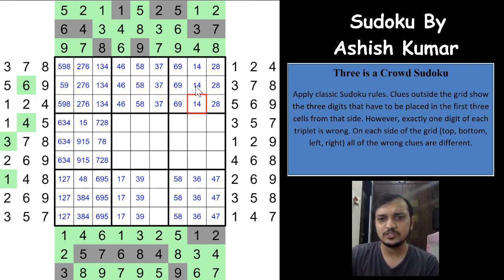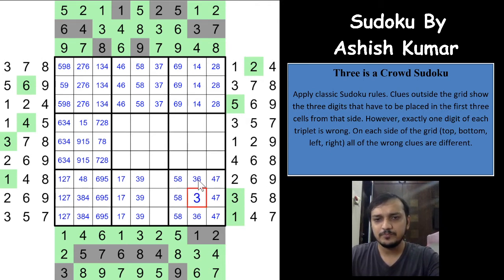And 1 and 4 is placed in these 3 boxes, so which means 2 has to be correct, right? And same way 3, 7, 8, nothing, 5, 6, 9, which means 5 has to be correct and 6 and 9 will have to be placed here, right? And same way if we get anything here, 4 and 7, 4 and 7, 1 has to be correct. 3, 5, 8, 5 and 8, 5 and 8, 3 has to be correct. And we know that 3 has to be correct means 3 has to be here only now, right?